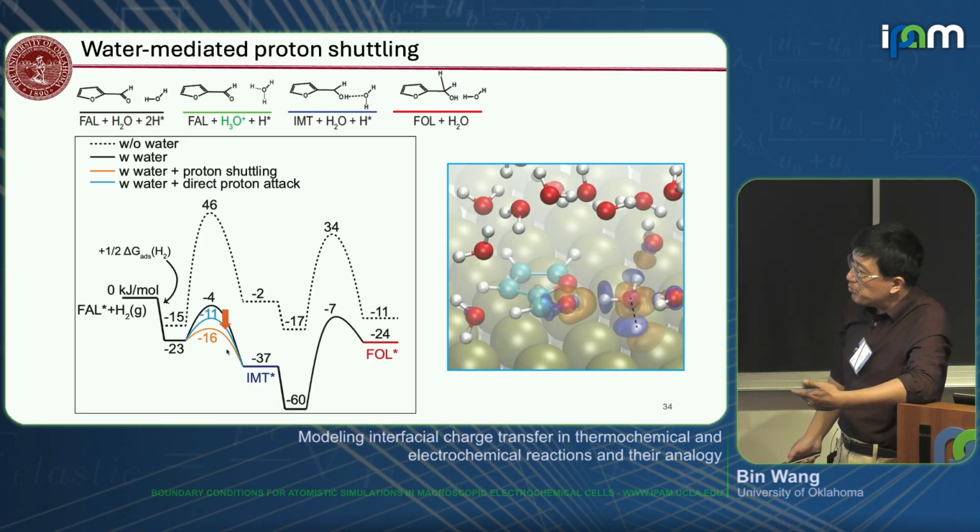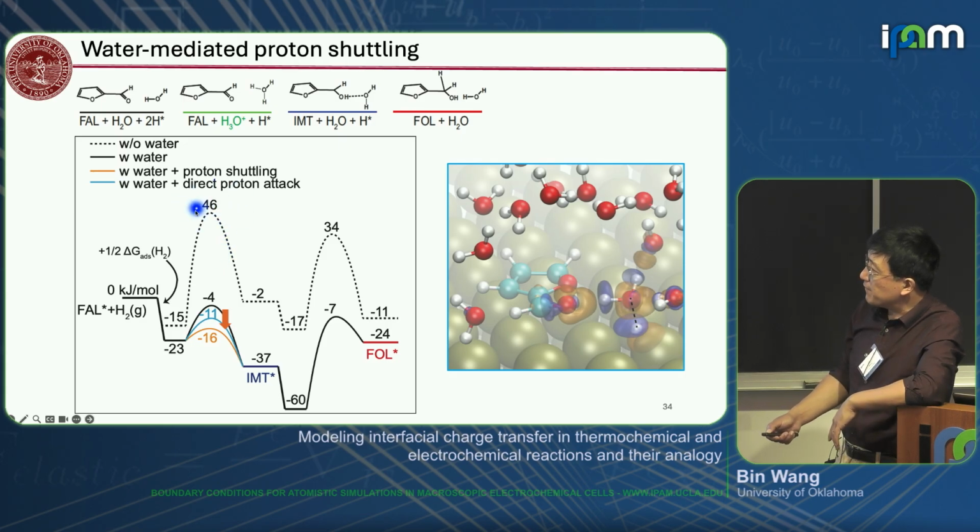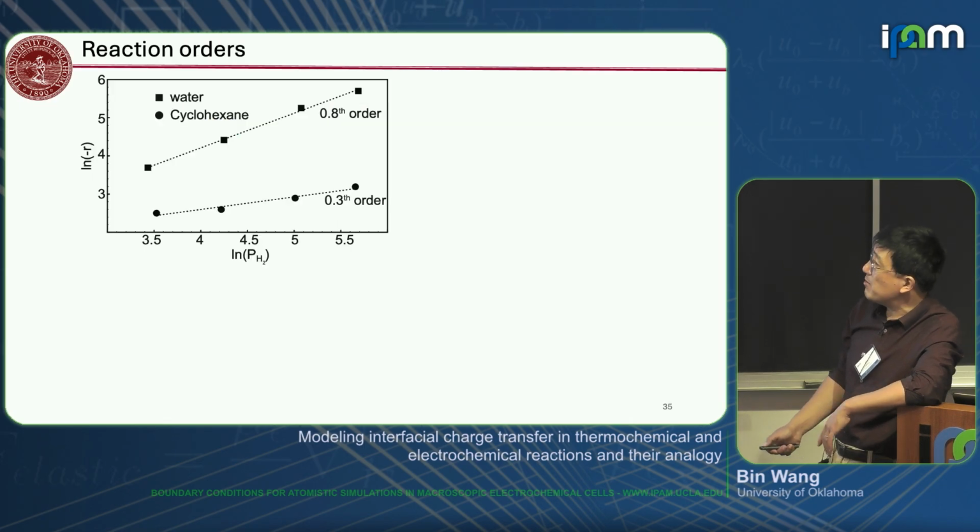So how to support or validate this computation? In fact, one thing that came out of this computation is that we can predict the reaction order should be different. Because without water, the highest barrier in fact comes from the first step. While after hydrogenation, because the first step, the oxygen hydrogenation, is very largely enhanced, the reaction is limited by the second step. That will cause a different dependence on the partial pressure of hydrogen. And that's indeed exactly what happens in experiments.